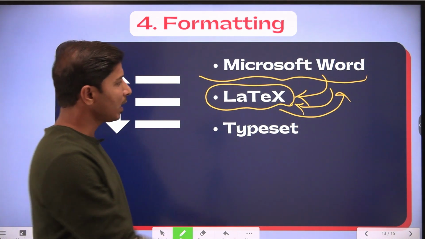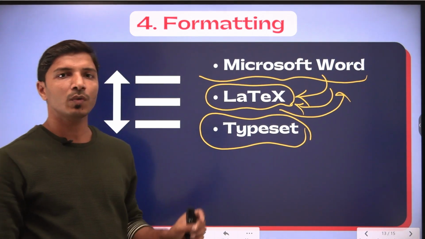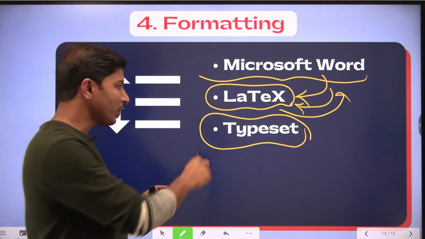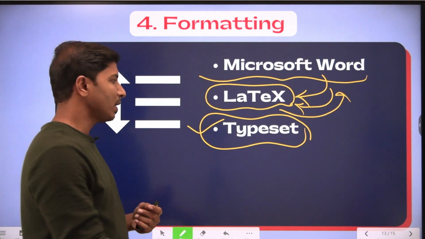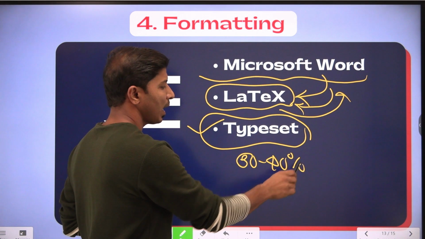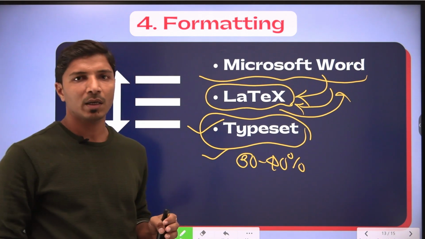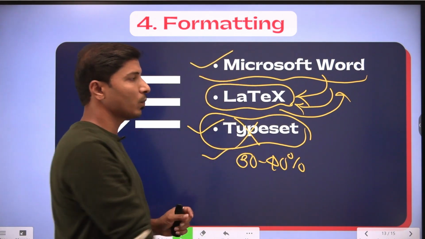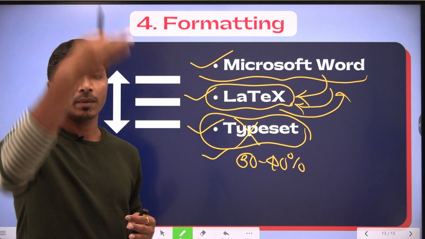Okay, and then the third option is Typeset, which I have discussed in one of my videos. Typeset basically converts your Word file into that particular journal's format within a few seconds. But we have used Typeset and found that this application is still in a developing stage, and the accuracy is only 30 to 40%, and the rest of the work you need to perform yourself. And this tool is not free, of course you have to pay for it. So never go for Typeset. Rather you can just use Microsoft Word, which is very simple, and some standard template-based LaTeX that will be covered maybe in the next sessions.